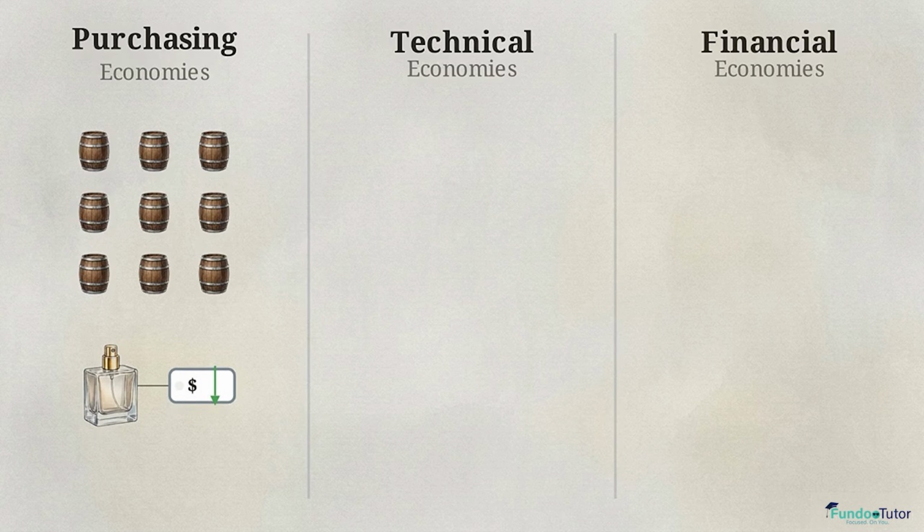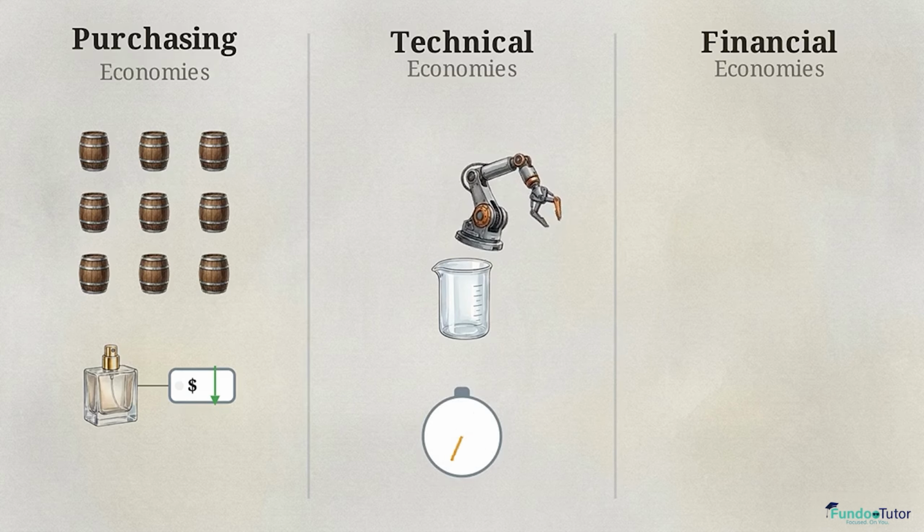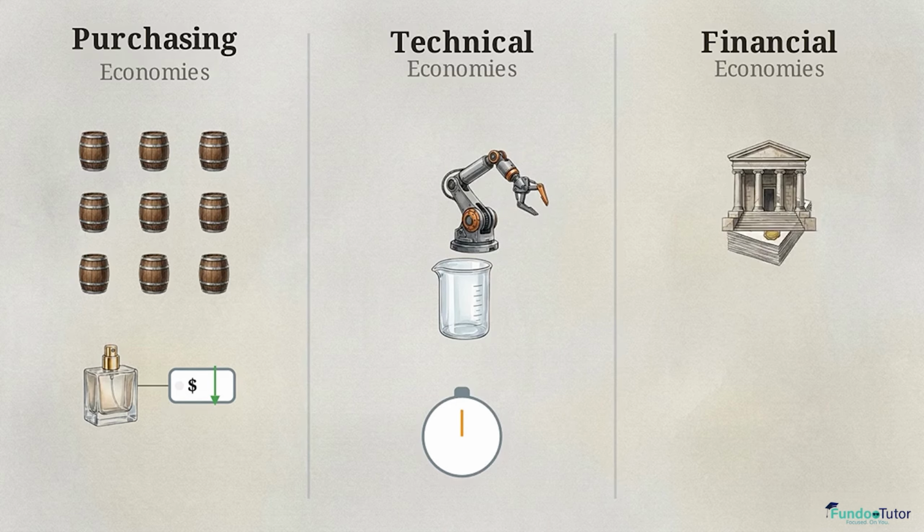perfume. Then there are technical economies. A massive corporation has the capital to afford advanced, automated mixing machinery that smaller rivals simply cannot afford, drastically speeding up production times. They also benefit from financial economies. Commercial banks look at a massive corporate balance sheet and see a secure investment, rewarding the firm with cheaper borrowing